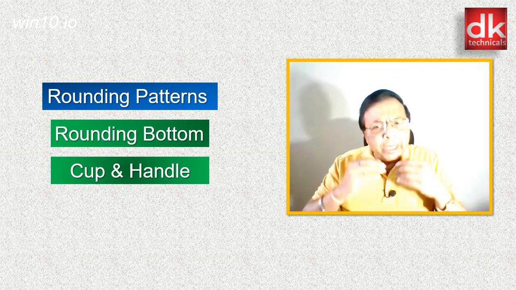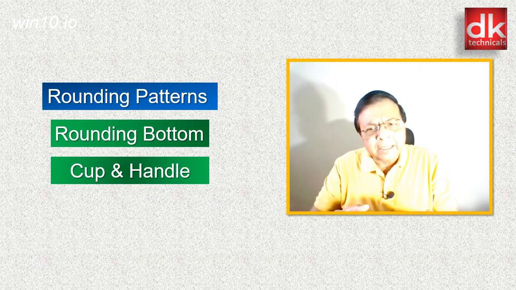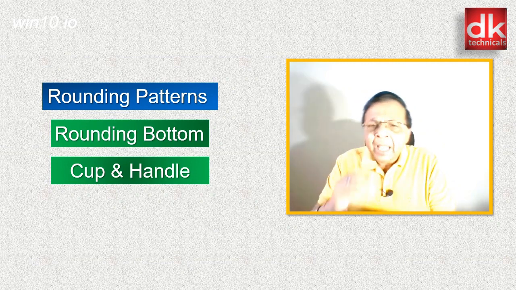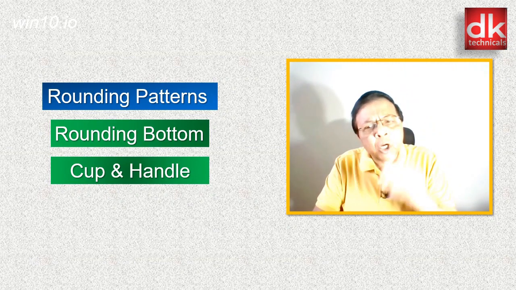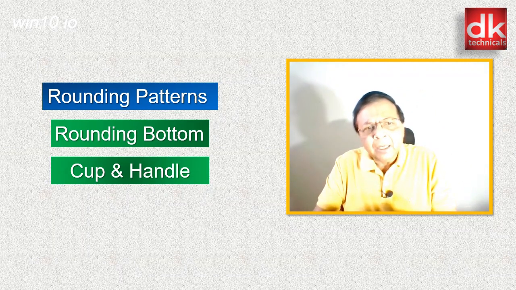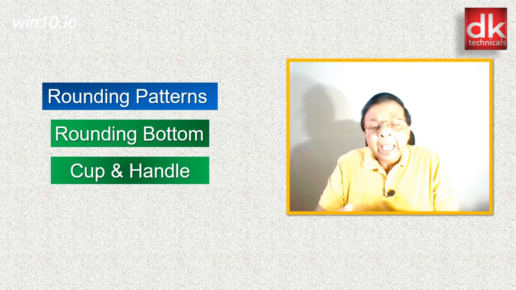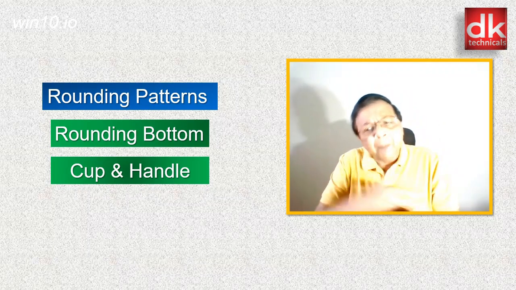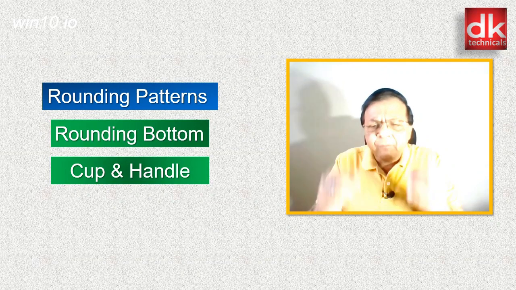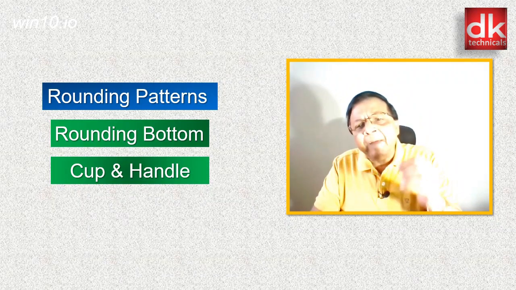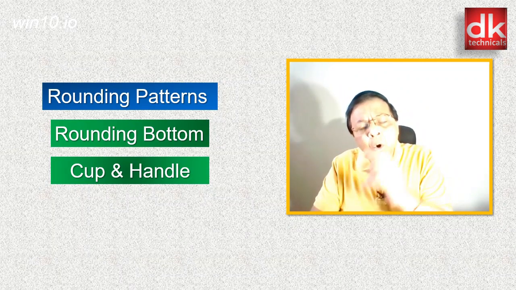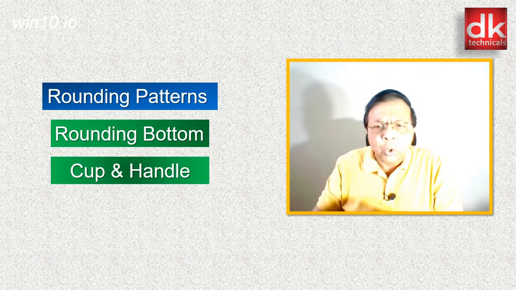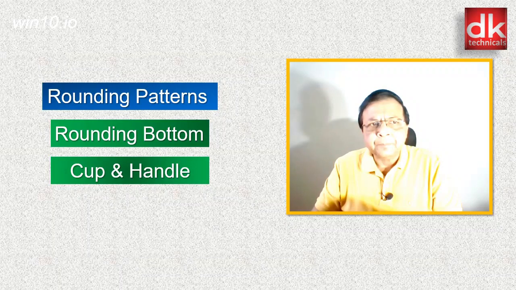Today I just wanted to let you know that we as technical analysts and traders must develop the skill to differentiate between rounding bottom and cup and handle formation, because one is a reversal chart pattern, which is rounding bottom, while cup and handle is a continuation chart pattern after a healthy correction in an uptrending market. Friends, this I wanted to emphasize, and hence I have touched upon cup and handle also, although we will have a separate tutorial on cup and handle as we move forward in the Zero to Hero tutorial series in English.